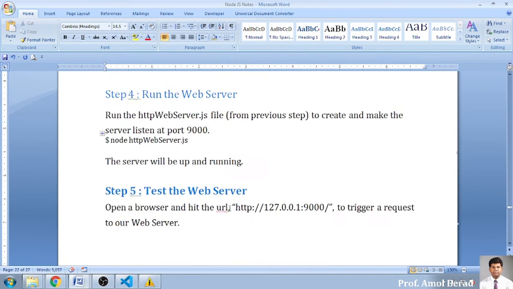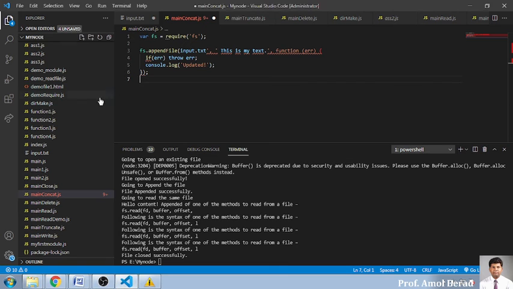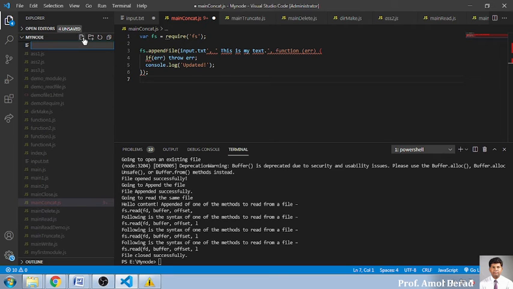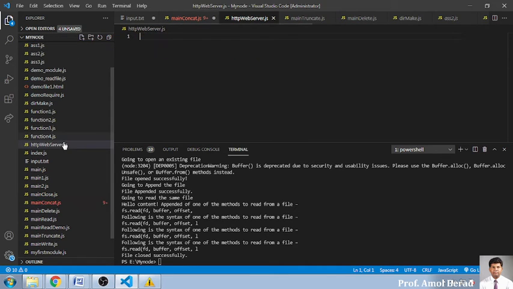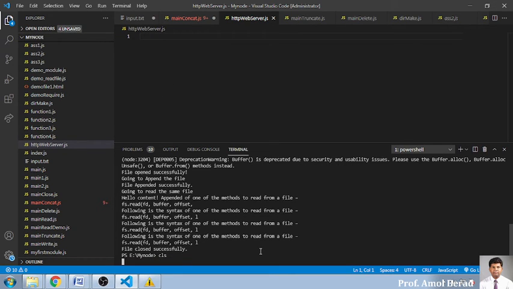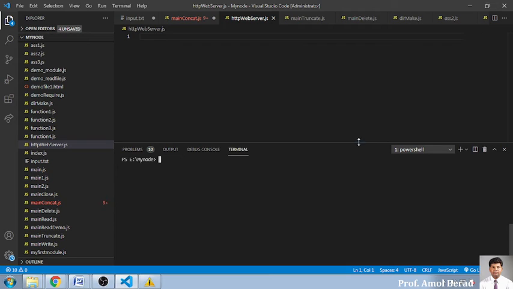So now we'll go for creating the file. तो ये मैं file का नाम लेता हूँ, that is http web server.js. यही नाम की फाइल हम बनाएंगे. So here I am creating a file. This is web server. So the name of my file is http web server .js, and I am pasting. I am saying semicolon. So this file is clear. Now I am clearing everything on my console. So CLS will be clearing everything.